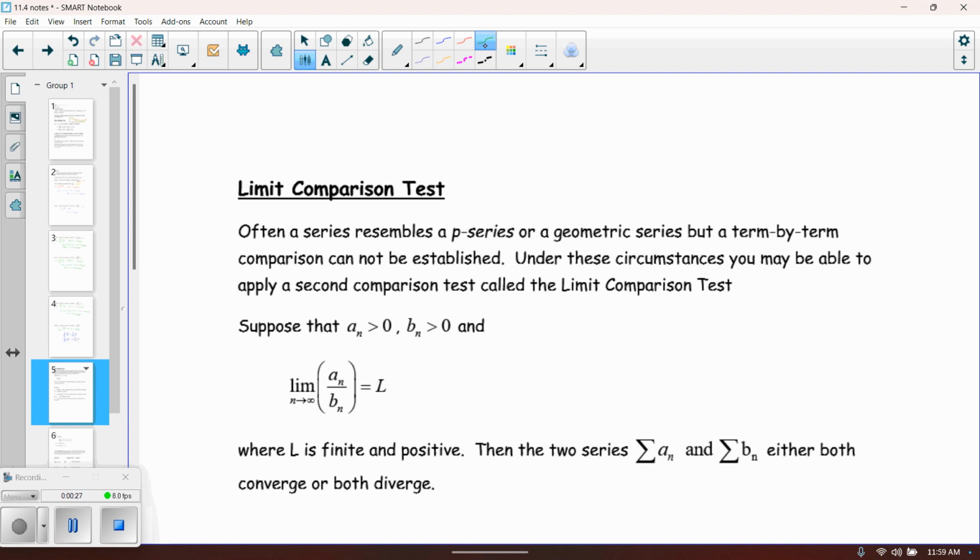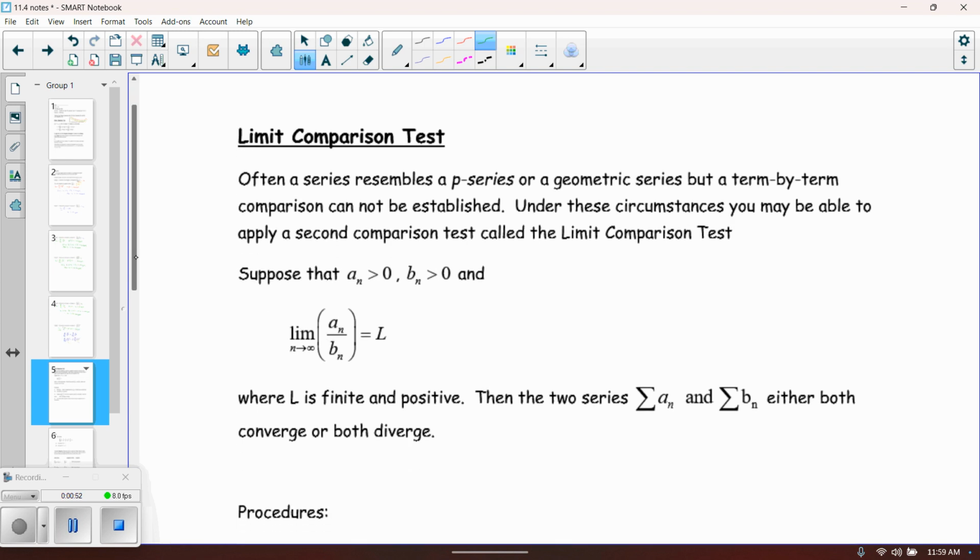The limit comparison test is going to be a little bit different in that we're really going to be creating a ratio in order to determine this. I don't necessarily think this is the most intuitive of the two, but I think it's the easier one to actually do the test. So the idea is if we are given an a sub n of some kind, and